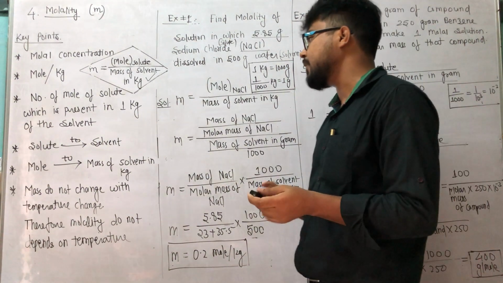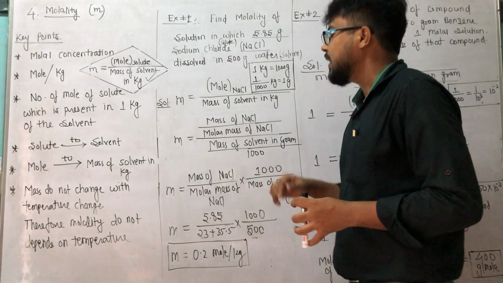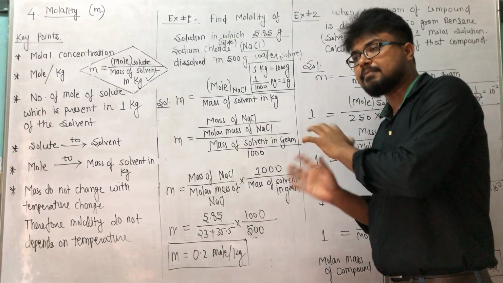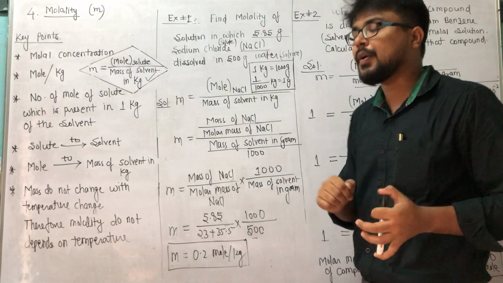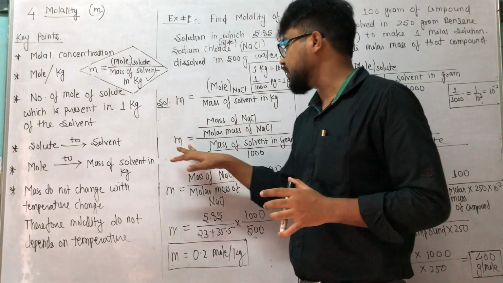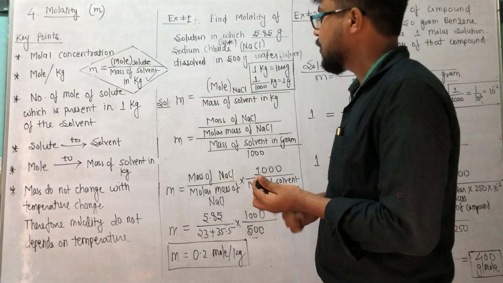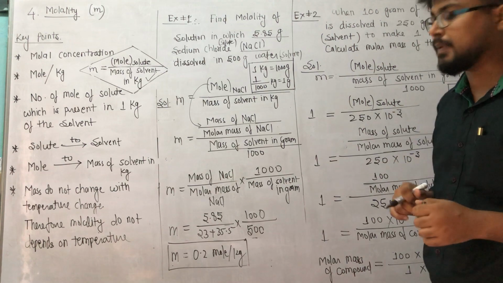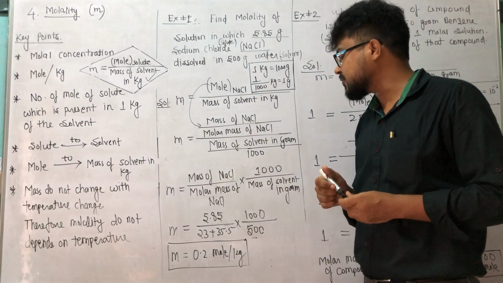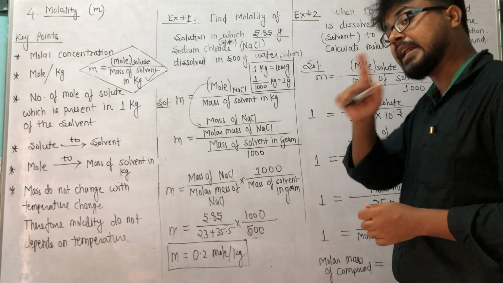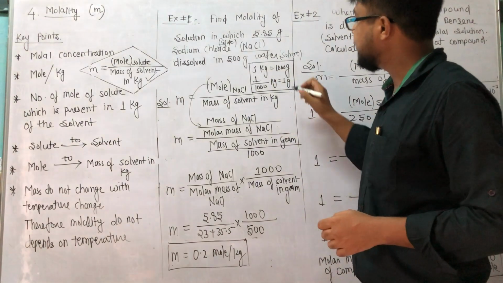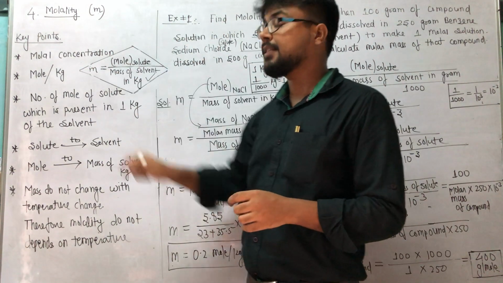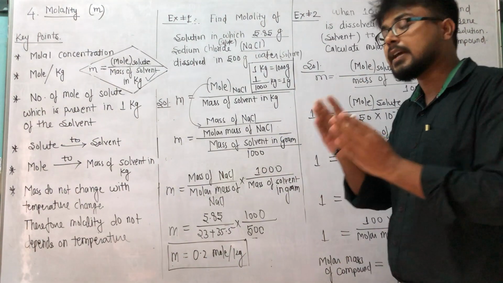So from the equation of small m, that is molality, moles of NaCl or moles of solute divided by mass of solvent in kilogram. Same thing with a little change we discussed for molarity. So small m equals, further I will break down moles, and moles will be mass of NaCl divided by molar mass of NaCl, and the whole divided by mass of solvent in gram divided by 1000. Same thing we did in molarity, right? 1 kg is 1000 gram, therefore 1 gram equals 1 upon 1000 kg, because I have to report my answer in kg, therefore I have to divide by 1000, correct.